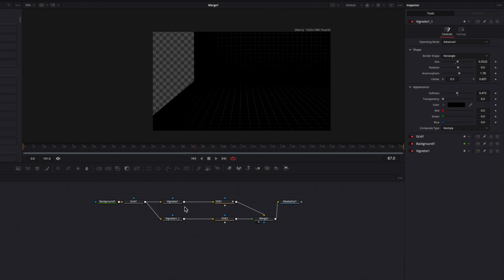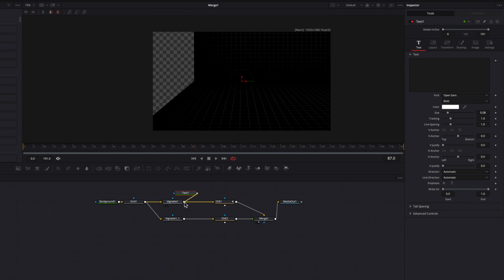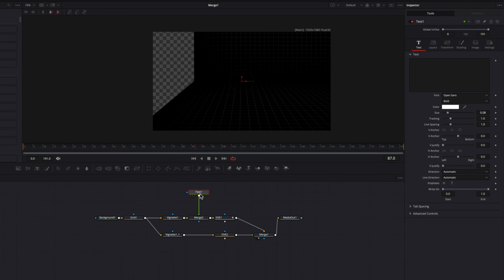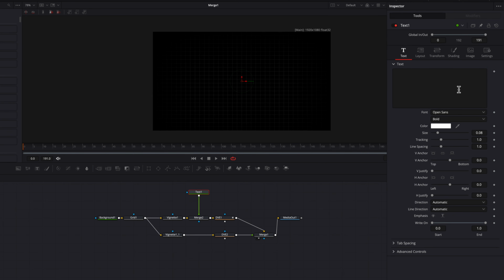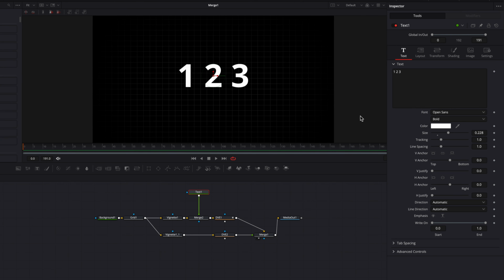All right, so now our background is done. We're going to go ahead and create our numbers. So let's bring a text node and then connect it to the first vignette node there as a foreground. So we're going to come to the text box there and then start to write our numbers 1, 2, 3 with a gap in between each. Let's bring up the size there a little bit, and then we're just going to place it on the left-hand side